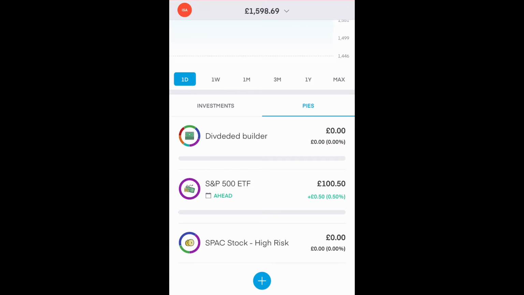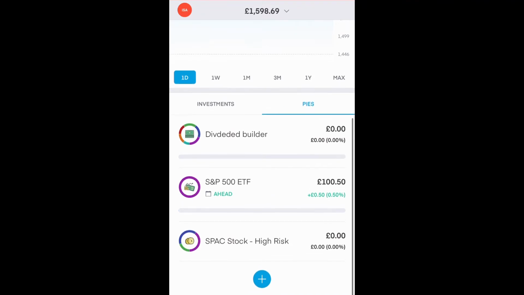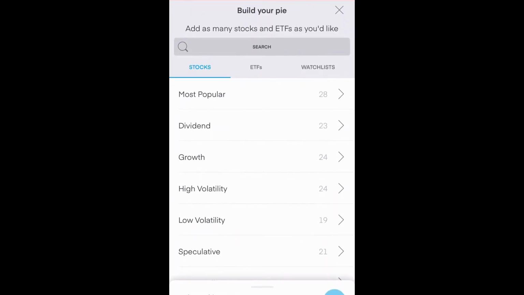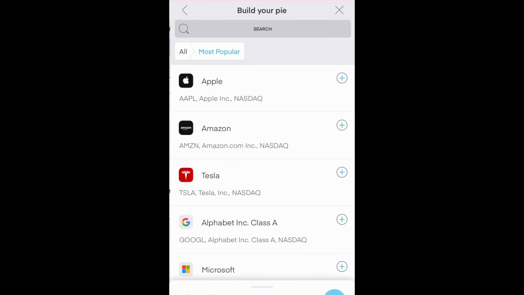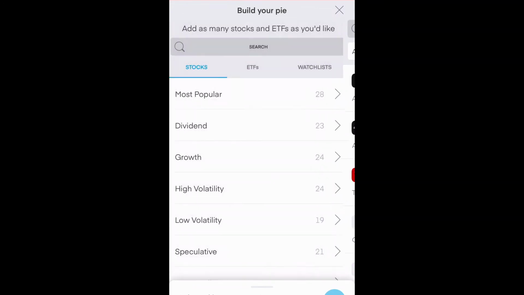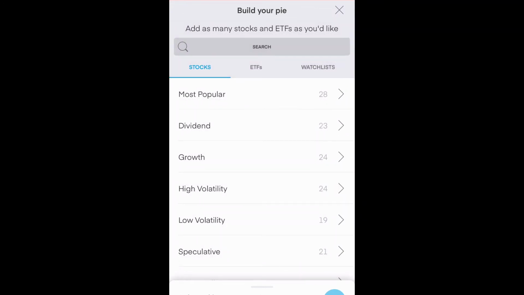And it's really easy to make a pie. You've got the plus button down here, so you press that. And then you can start to build your pie full of all the different stocks and ETFs that you want. And again, the unique benefits of Trading 212 and the way that they split them out. So you've got the most popular, and whatever approach that you're going for, you can then build your pie